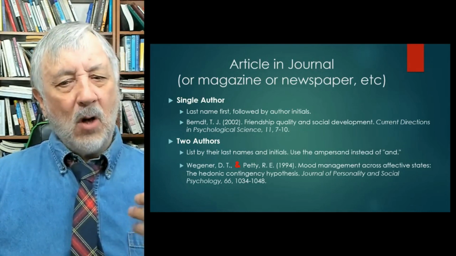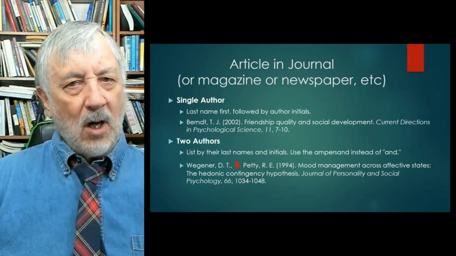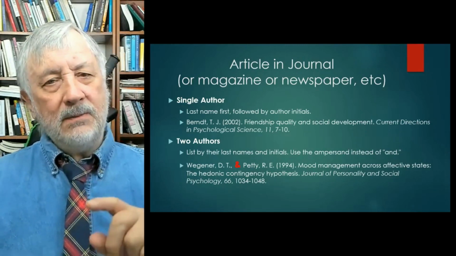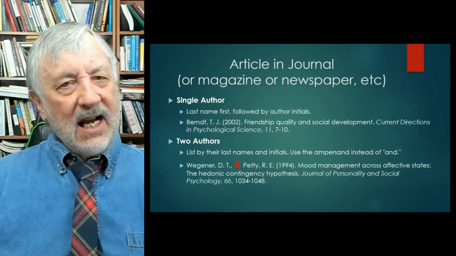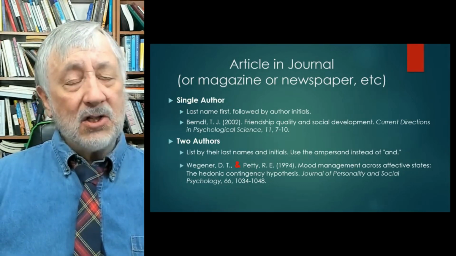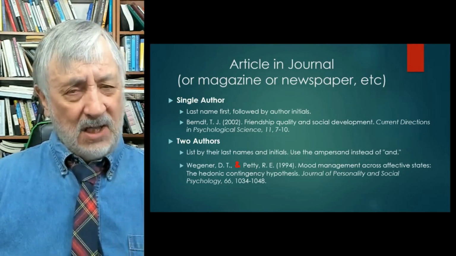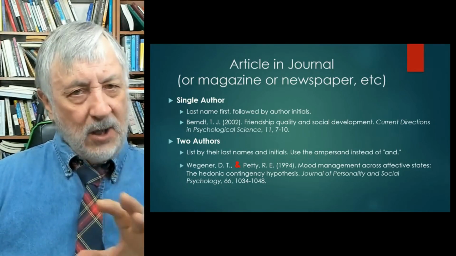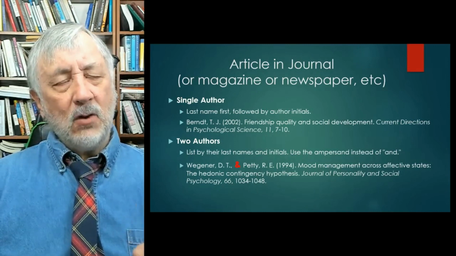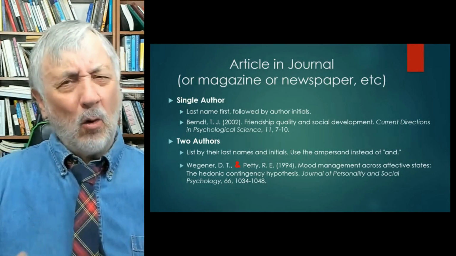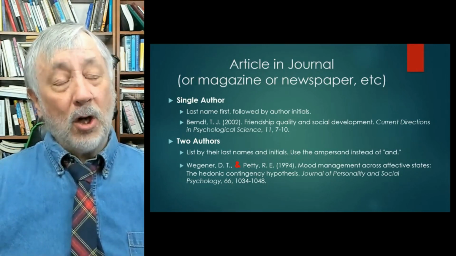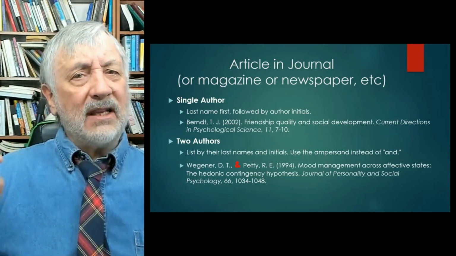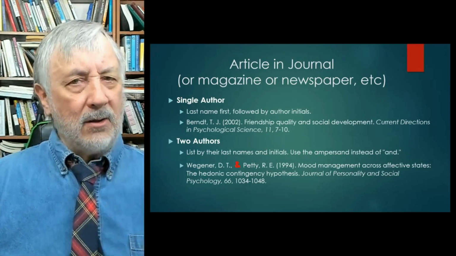And in case of multiple authors, again, the first named author, Wegener DT and Petty RE, and so on and so forth. Now, the order in which you put the names in your reference is very simple. It's how they list them themselves. It's how the authors or the publisher list the names themselves. You don't shift the order around. So don't be confused by saying, oh, maybe I should put it in alphabetical order or something like that. Who's the most important? No. You put the names of the authors in the order that they list them themselves. They've already gone through all that.